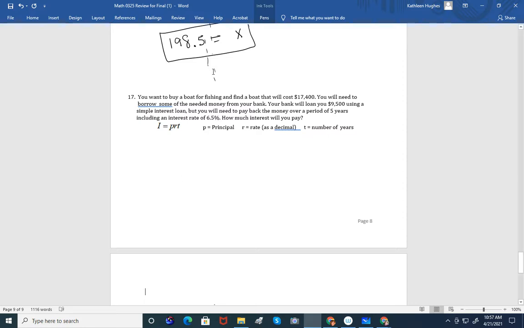Well, simple interest, that's the easiest kind, is given by the principal times the rate times the time. So our interest will be $9,500, that's the amount of money that we are borrowing. Our rate is 6.5%, but we have to make that a decimal, so 0.065. We divide by 100, that's what percent means, divide by 100. And the time period is going to be 5 years. So simple interest is not fancy. 9,500 times 0.065 times 5 years